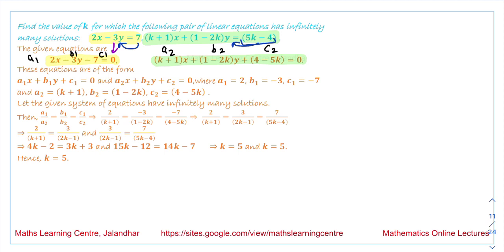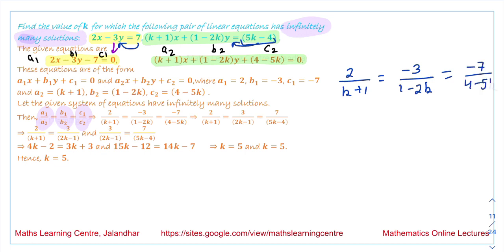Now it is given that the system of equations has infinitely many solutions. So if this system has infinitely many solutions, then a1 over a2 should be equal to b1 over b2, which should be equal to c1 over c2. So we get 2 over k plus 1, that is equal to minus 3 over 1 minus 2k, that is equal to minus 7 over 4 minus 5k. We are writing these three ratios over here. So what we get is,